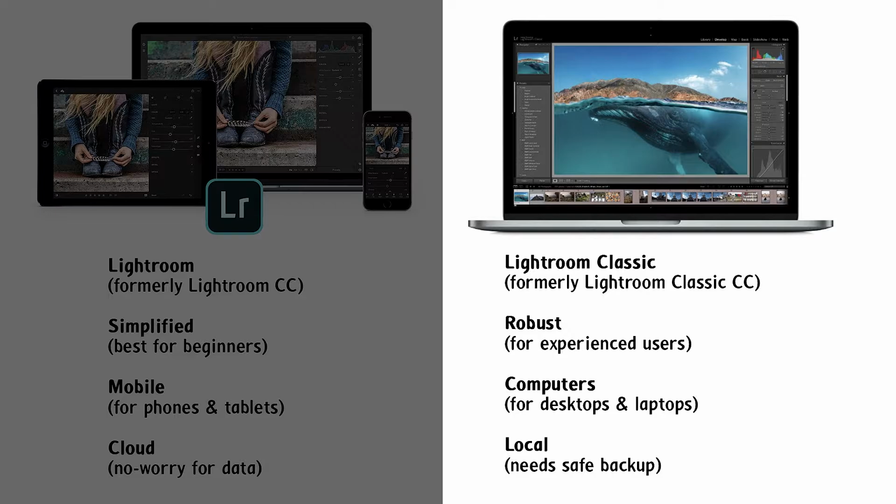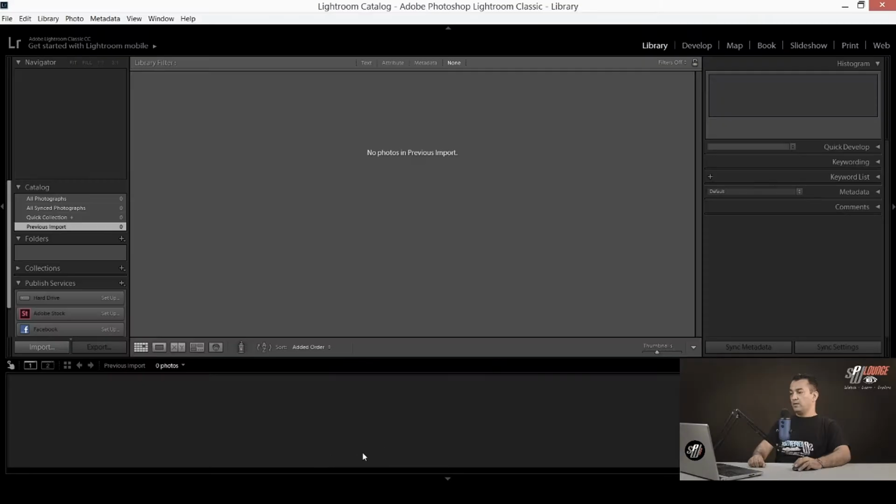Now let's see how Lightroom looks as an application. This is the Lightroom application, how it looks when we open it the first time. There are sections you can see on the top: library, develop, and a few more like map, book, slideshow, print and web. For the sake of this tutorial, we are working on the post-processing part, so we will be just talking about the library and develop sections. Other parts you can read about on the Adobe website and find out what they are for. Mostly they are designed for different purposes. For map, book, slideshow and print, print is basically designed for printing the images.